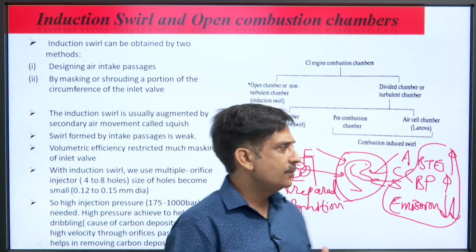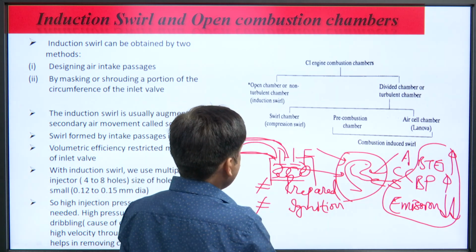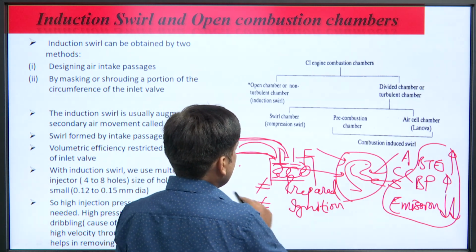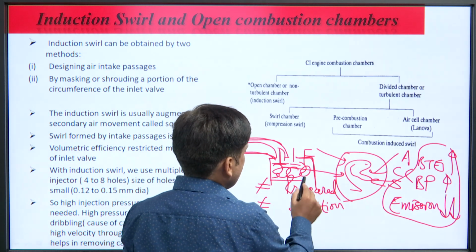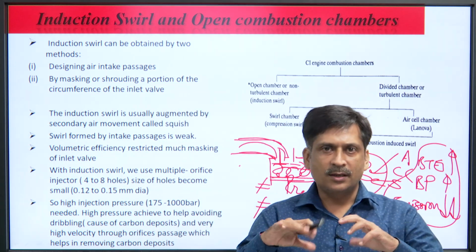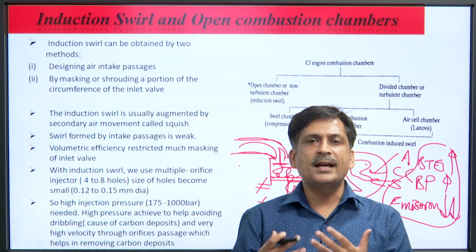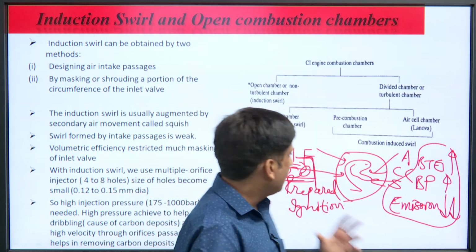It is designed by designing a proper intake manifold and inlet valve, and also the combustion chamber. You can get the required organized movement of the air, so that when the fuel